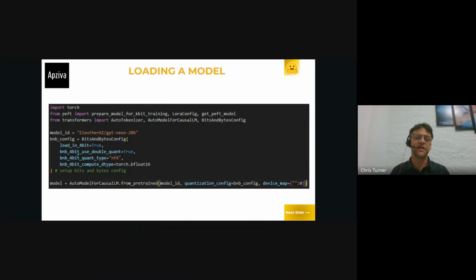We're going to tell it that yes, we want to load this model onto our machine in 4-bit, load_in_4bit equals true. We're going to use double quantization, so we want to quantize those quantization constants. The 4-bit type that we're going to use is the 4-bit normal float that I mentioned earlier that they invented for this process. And then there's going to be a compute type.